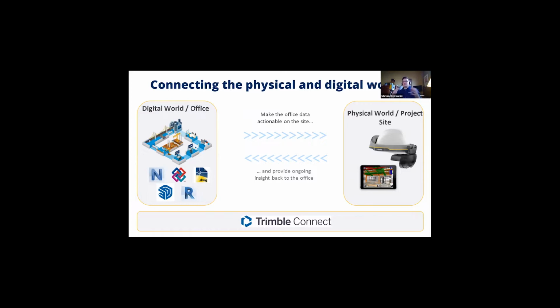So how do we connect the digital and physical worlds? Drop in any type of model. Again, I showed you how we can model in Revit, AutoCAD, SketchUp, and Tekla in the last video. You then drop those models into Connect. Once they're in Connect, we upload them and you can download them. When you're online, you just download the data to your AR app or your XR10 and then overlay